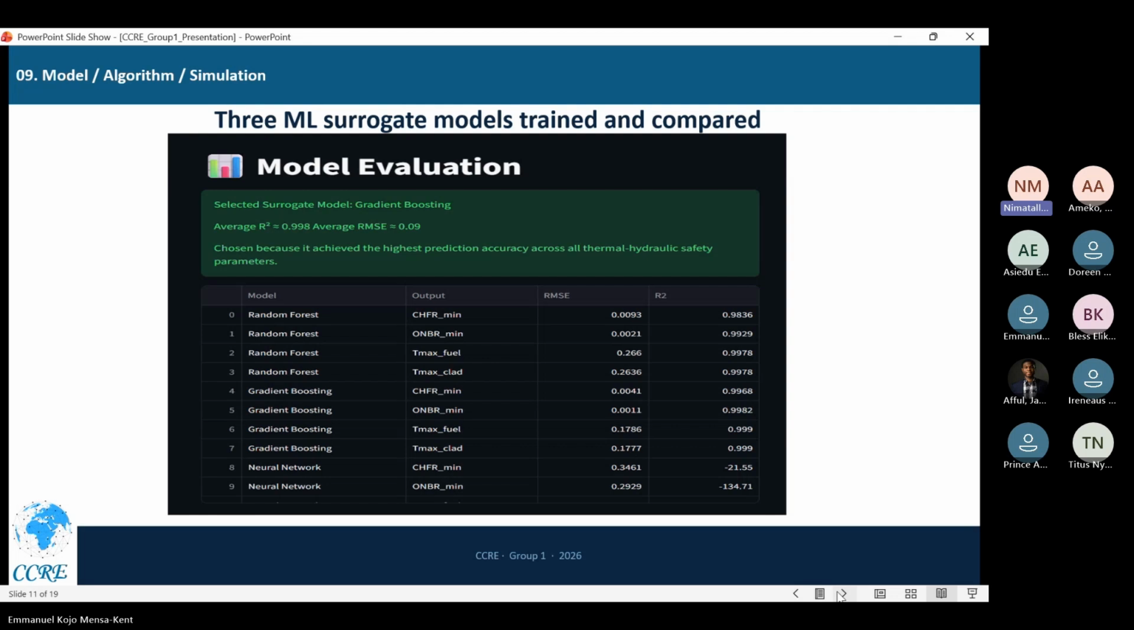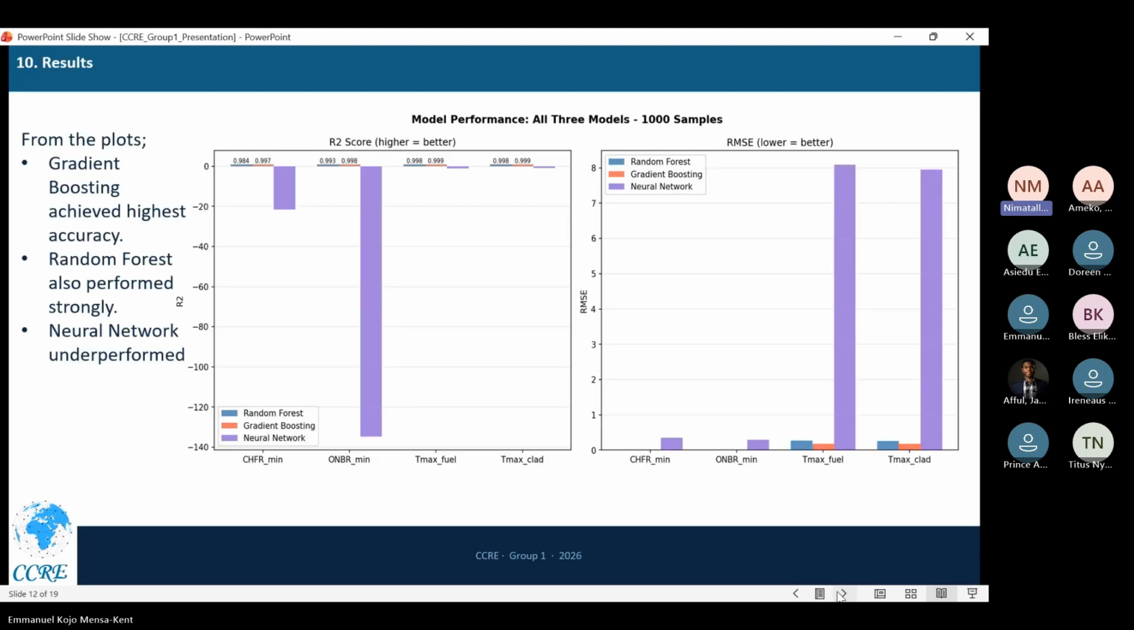So based on the results that we have, gradient boosting was selected as the final surrogate model because it consistently delivered the highest predictive accuracy that we want to use. Now, this table that we have here provides the numerical results. And please, next slide. In my next slide, I'll present the same